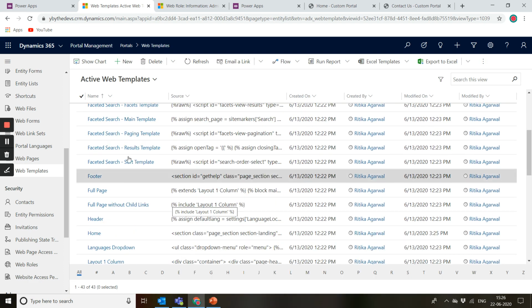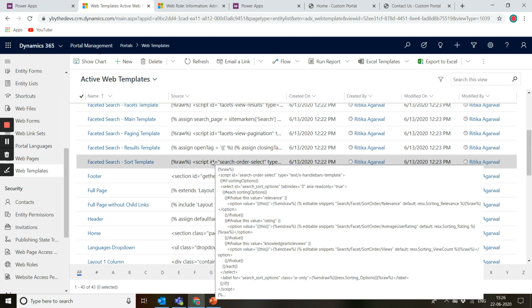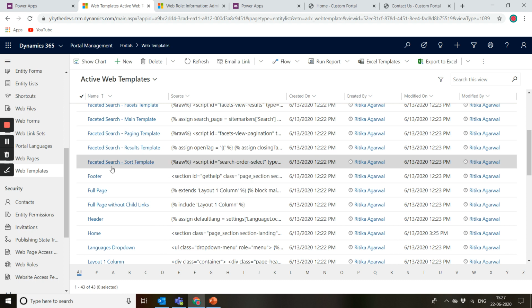So for the web templates, as you can see on the screen, there are multiple sources, or you can see the lines of code that you're seeing for a specific web template. You can either write an HTML code here, or you can reference Liquid templates inside of it. Liquid is an open source language that you can use to filter out your data from CDS, or perform multiple actions on any of the data, and you can embed multiple content snippets as part of your template and all those things. You can create variables, you can create site markers, all those things you can do using Liquid in these web templates.